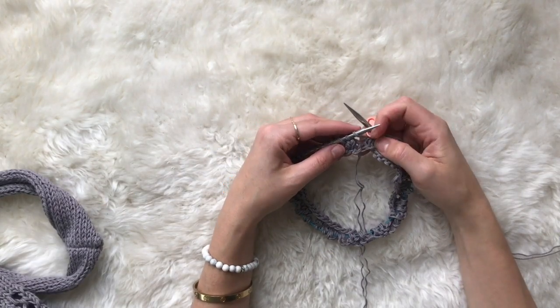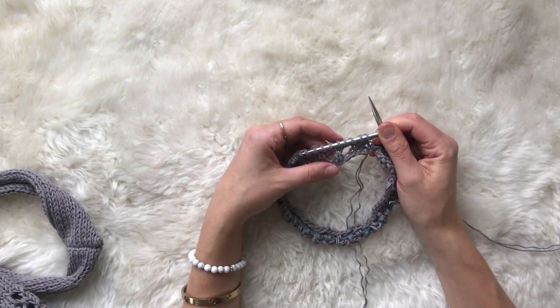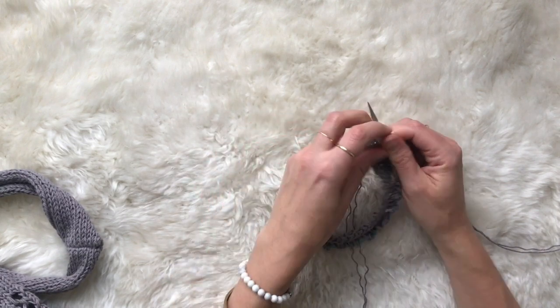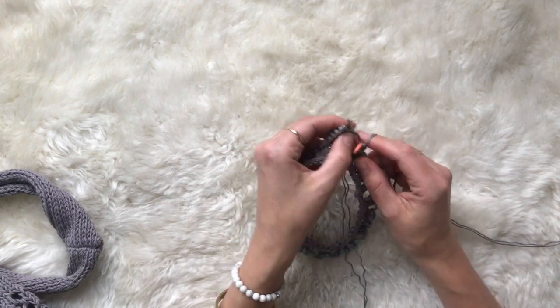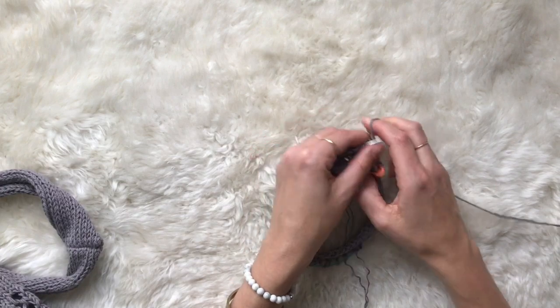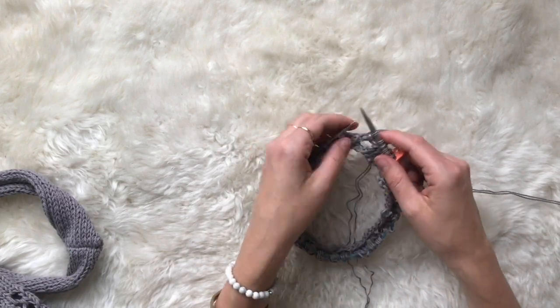I'm back around at the beginning and finally ready for the final round of this 4-round repeat, which is just a simple knit all the way around. It's the same as round 2. So I'm going to go ahead and knit this entire round. And then you'll just continue repeating those 4 rounds